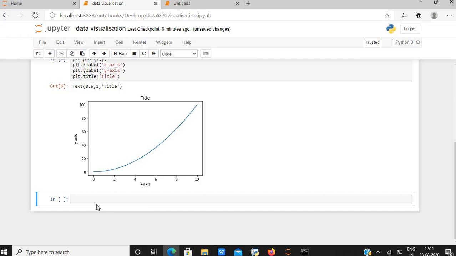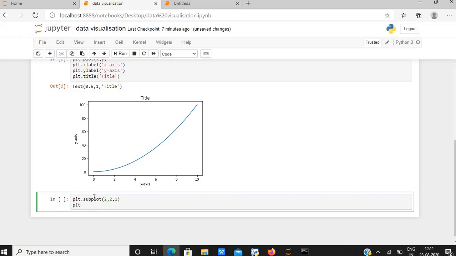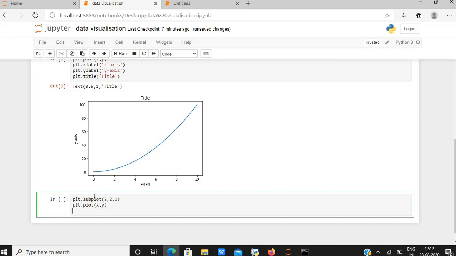Now let us work with subplots. Subplot is a graph where we can obtain smaller versions of many graphs. Let us understand this with the help of an example. To plot a subplot, we need to type plt.subplot, and I am giving the values 2, 2, 1, and here I will be plotting x, y.